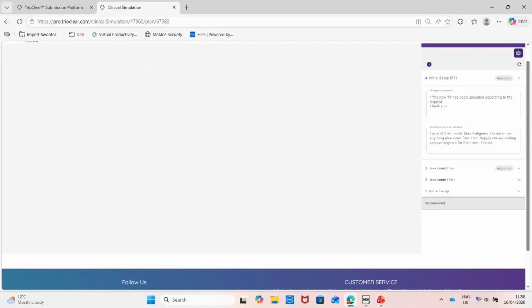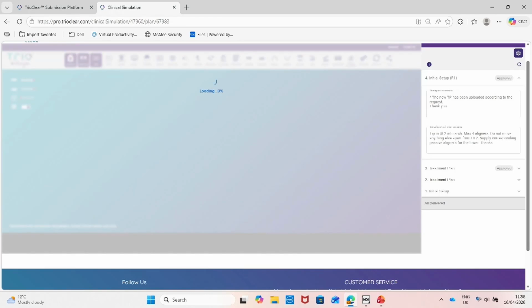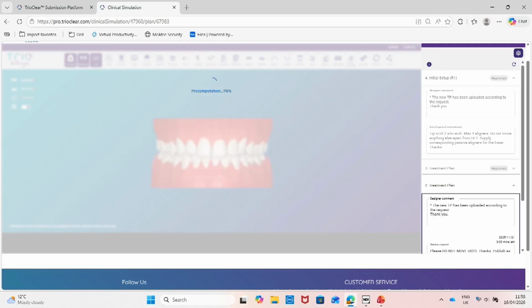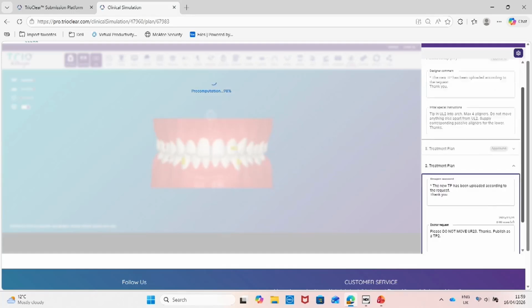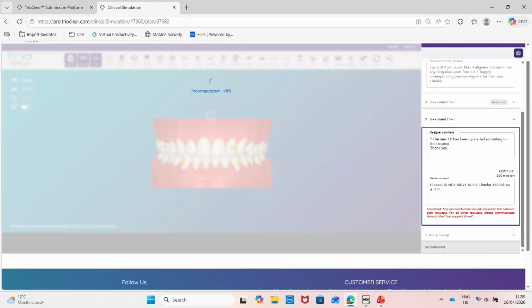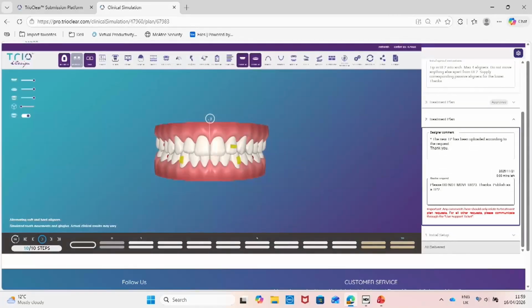So I'm just going to click this area here, and this just brings us into the second treatment plan which I instructed. It does take just a few seconds to load up. And so we'll talk over this, but I'll show you my prescription narrative here for the second plan. So all I've written in the second plan is, please do not move upper right 2, 3, thanks, publish as a TP2. So we're going to keep the lowers as is,